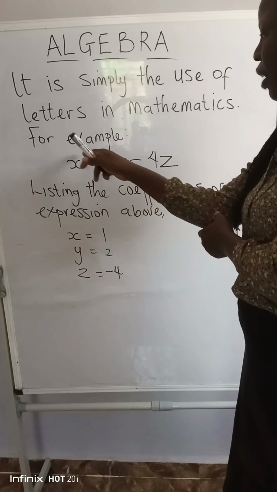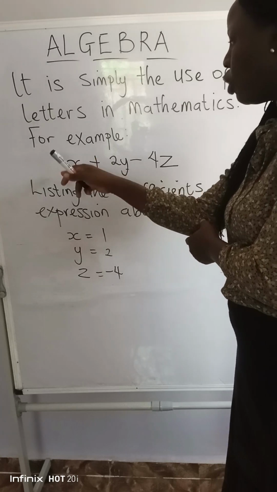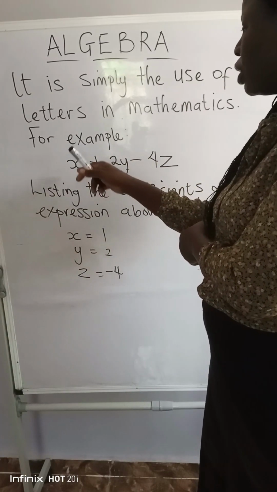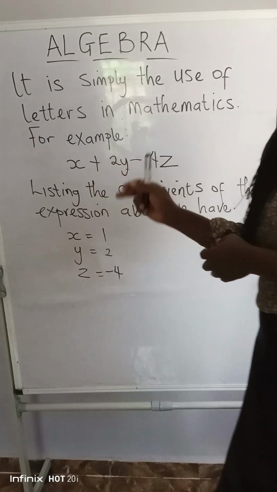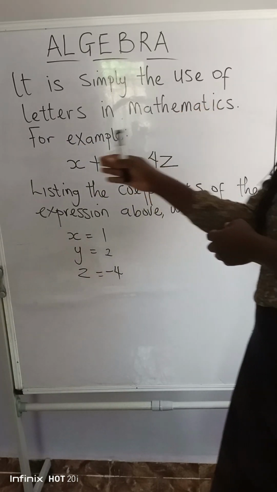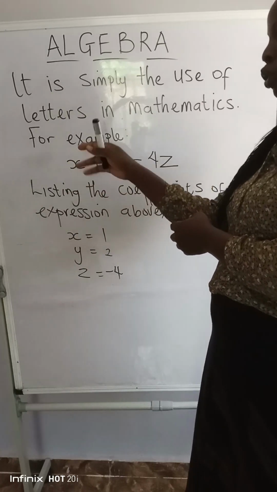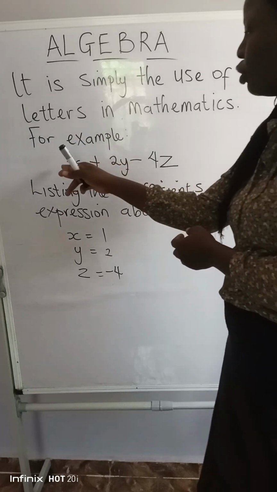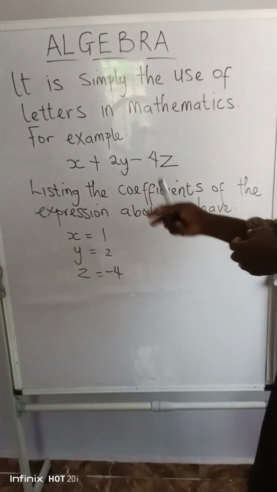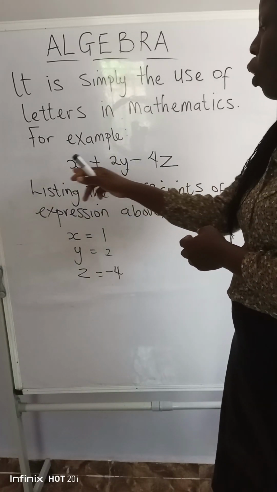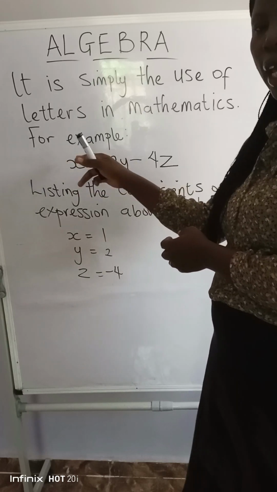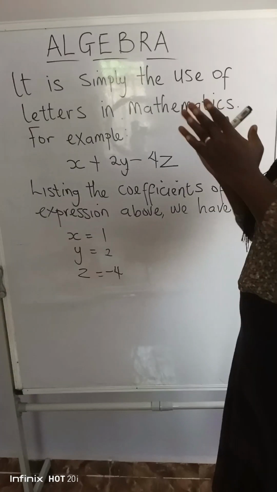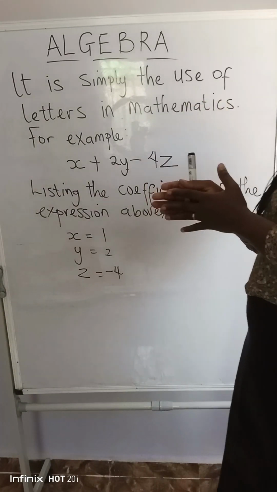And the coefficient of x in this expression is plus 1. The 1 is not showing here because 1 times x is still the same thing as x. And there is no need to start writing 1x because 1x is still the same thing as x. And also, take note of the sign. It's a positive sign. Why? Because if there's any letter or number that is standing on its own in any mathematical expression, the positive sign